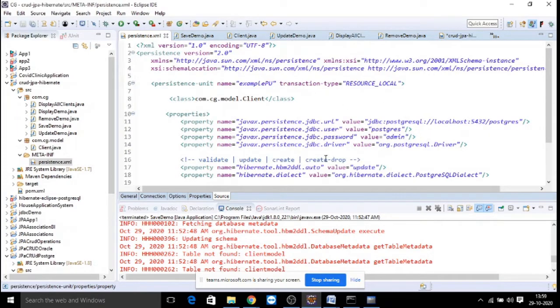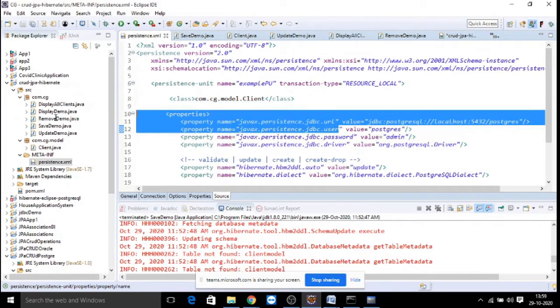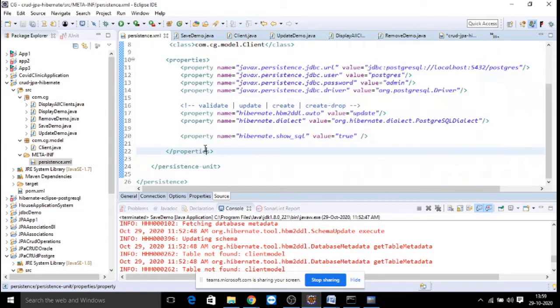along with your data source properties. This has to be loaded into every client application wherever you are going to work. But at project level, what you need to do is create a util file. In this particular example, I have not created a util, but it is better to always create a util file.